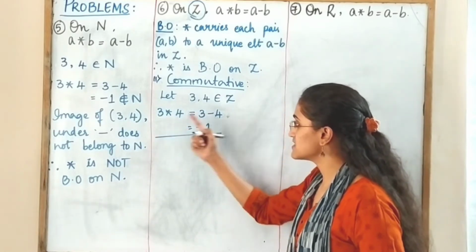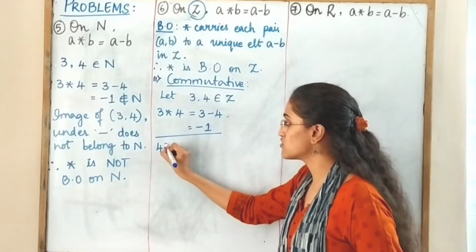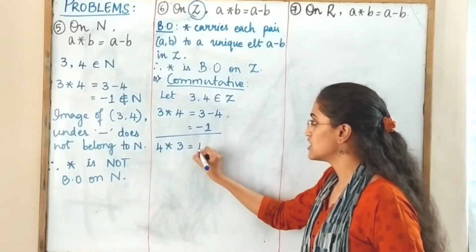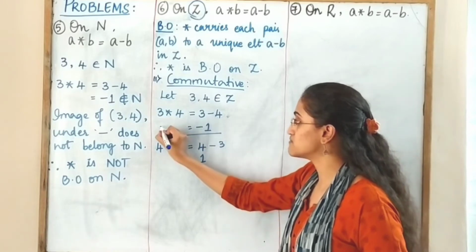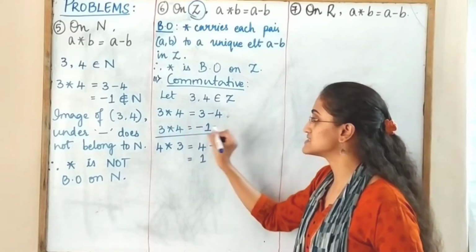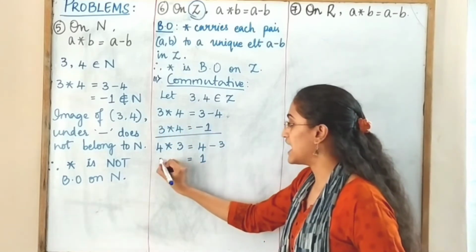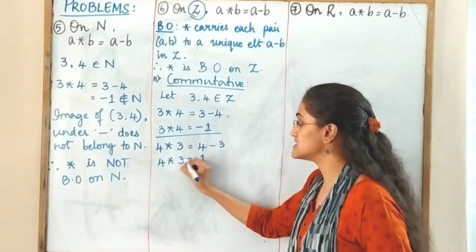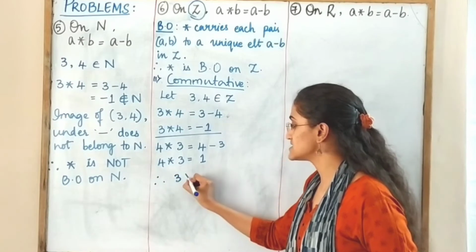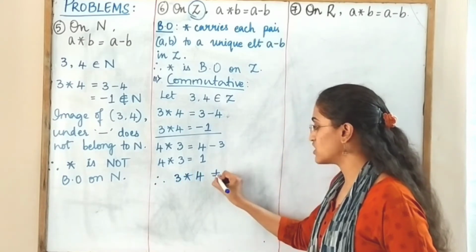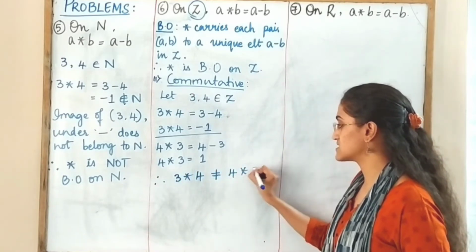Now, reversing the numbers, that is 4 star 3, we get 4 minus 3, which is nothing but 1. Now you can observe that 3 star 4 is giving us minus 1 and 4 star 3 is giving us 1. And hence you can conclude that 3 star 4 is not equal to 4 star 3,